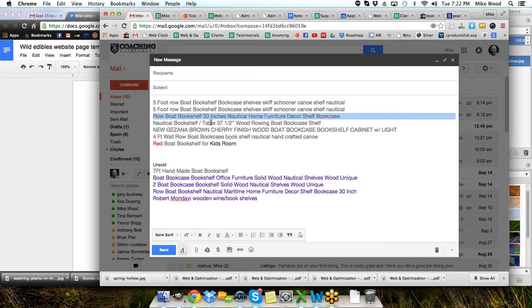Nautical bookshelf, table, 37.5 inch. See how they use that? Wood, rowing, boat, bookcase, shelf. I think that row or rowing is valuable. Look at that. 1, 2, 3, 4 of them have something related to row or rowing in there. 5 of them there. And then this one,